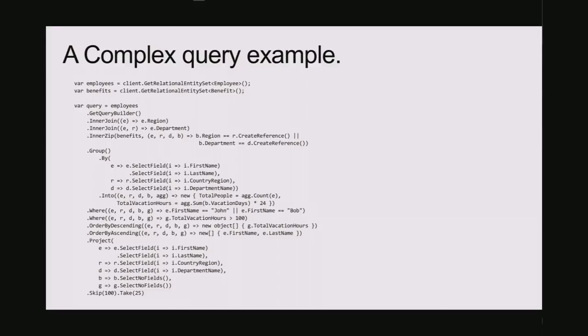Everything here is lambdas. You don't specify select field and then give a field name. No, that would not be type safe. You don't want to give a field name in strings, because the compiler would compile that irrespective of whether such a field existed or not, and it wouldn't know what the type of the field was. That's why we use these lambdas everywhere, because the compiler will be able to deduce. In this case here, it says i.firstname on this row that you can see there, maybe.